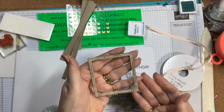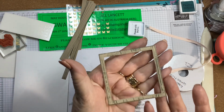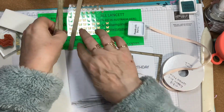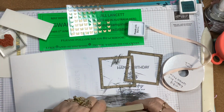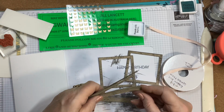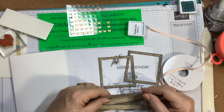Now, it dries a bit lighter, as you probably can see. It dries a bit lighter. But I also used the timber embossing folder, and I just embossed some scraps that I had. And I did the same thing with...